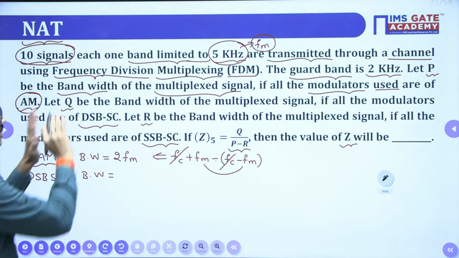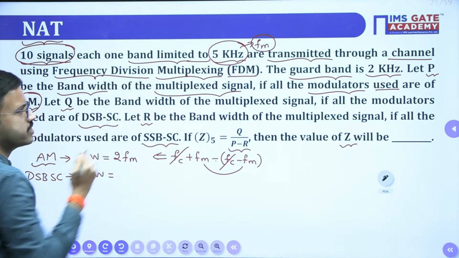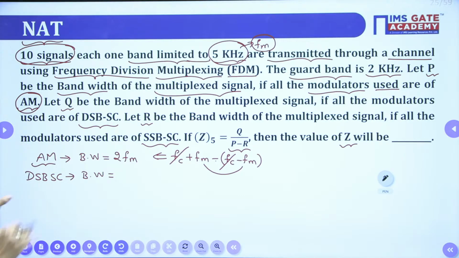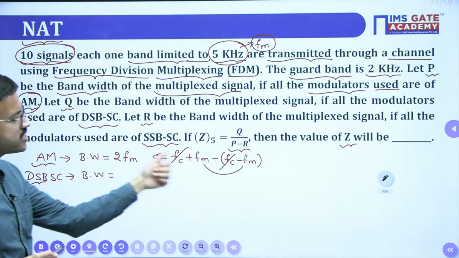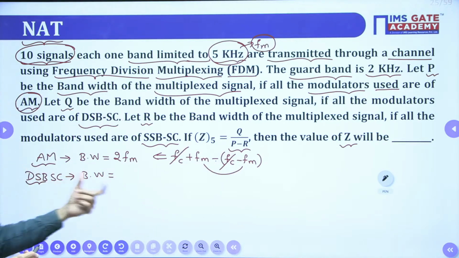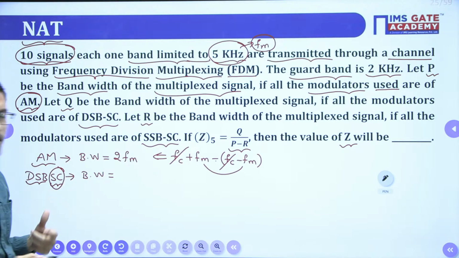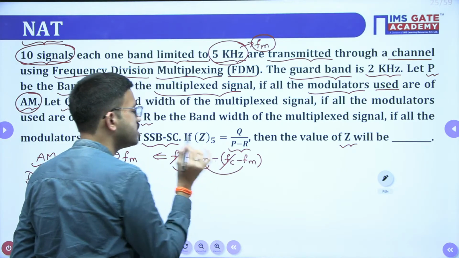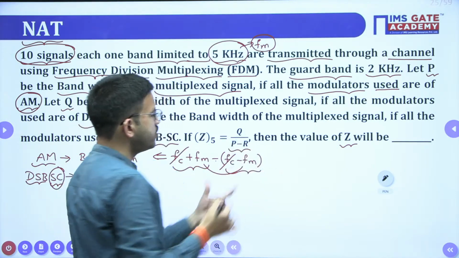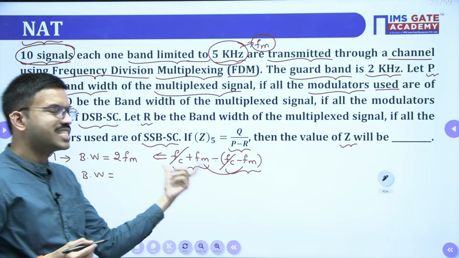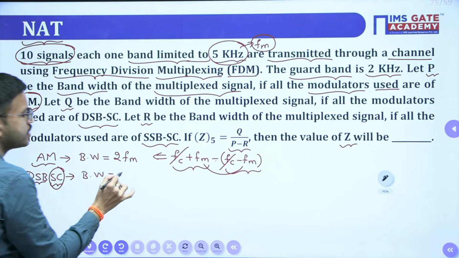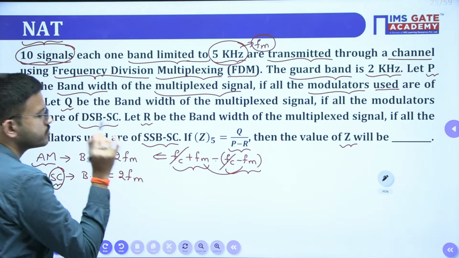We will analyze this entire question case by case so that you can understand clearly and get the final answer. Here also you have a double sideband, that means both upper and lower sidebands are present, but the carrier is suppressed. Whether the carrier is present or not, the upper sideband is this frequency component and the lower sideband is this one. The range of frequencies is the bandwidth, so here also you get 2FM only.